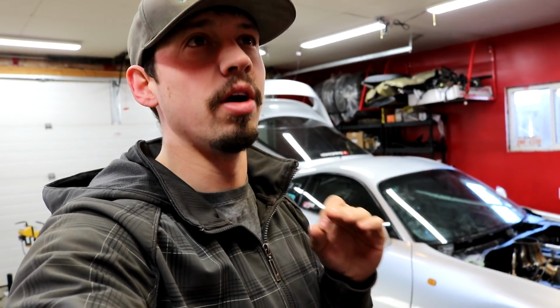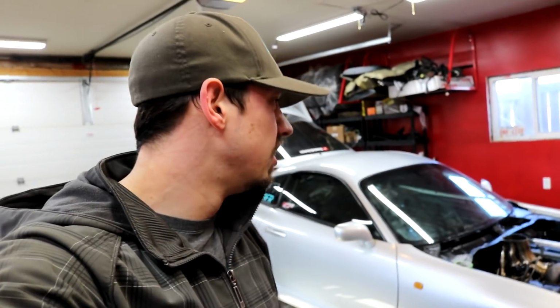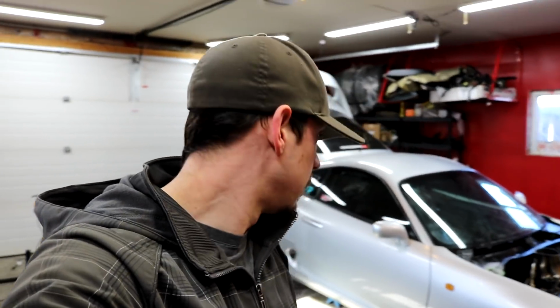However, I can use those shocks on the back, but right now I can use them specifically just to get the eye-to-eye length that I need for another set of shocks that I was gonna buy. These were initially gonna go on the back anyways. I just wanted to test fit it on the front. And the back isn't on the ground, so it's kind of raked out a little more than it should be, but